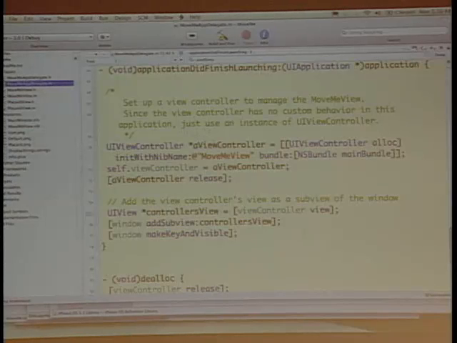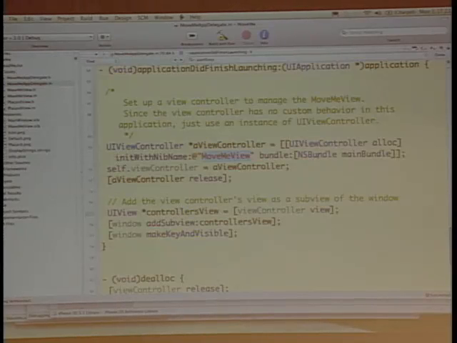In this case, we see that the first thing happening is we need to set up the usual model view controller stuff. So we need to have some sort of controller. In this case, we're creating a UIViewController, and much like other stuff we've allocated, we take our class and call the class method alloc on it, and UIViewController has this initializer, initWithNibName, MoveMeView, and there's this bundle,